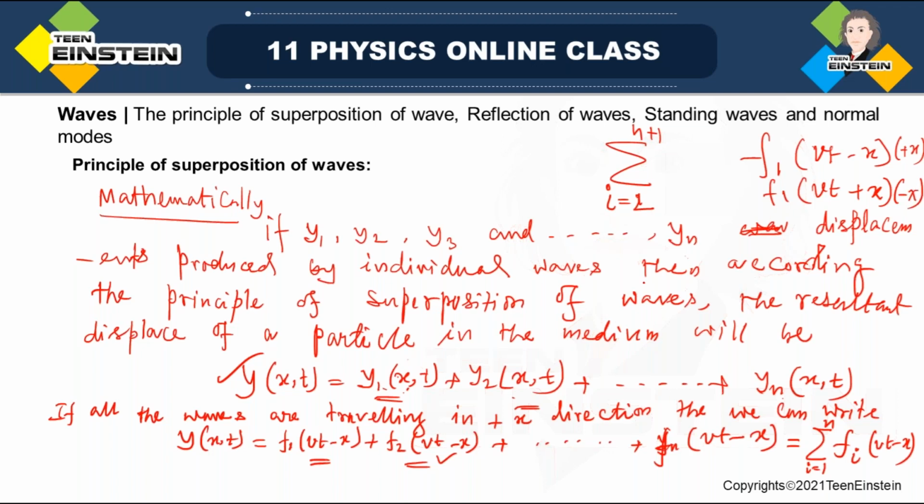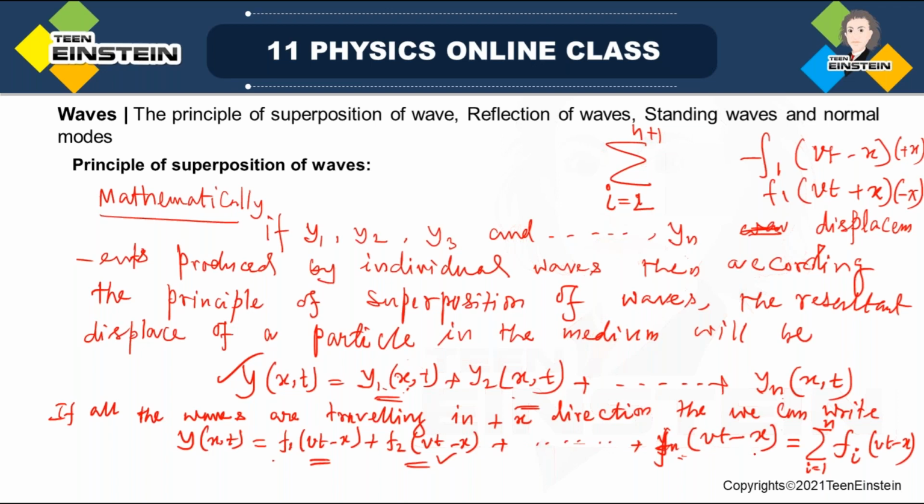So we have considered the waves traveling in the positive x direction, then we can write the resultant displacement of the particle through which all the waves are passing simultaneously at a particular instant of time. The displacement of that particle will be f1(vt minus x) plus f2(vt minus x) plus dot dot fn(vt minus x). You can go up to the nth term,